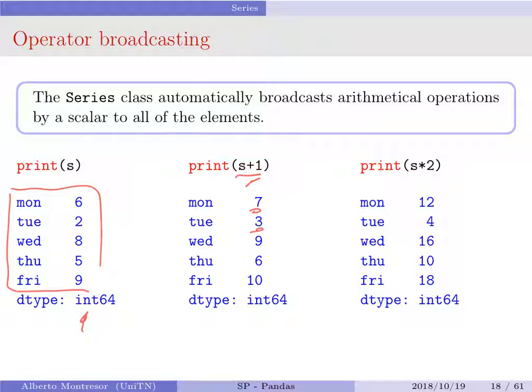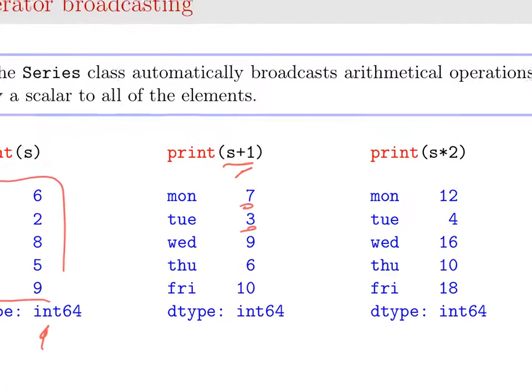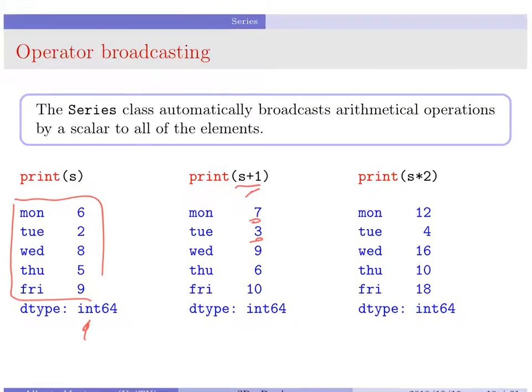And you can also do something like this. I'm pretty sure that you can double, for example, the value of a series by just specifying s times 2. Okay, and this is very useful and very simple, and this is some sort of vector operator over a vector of elements.